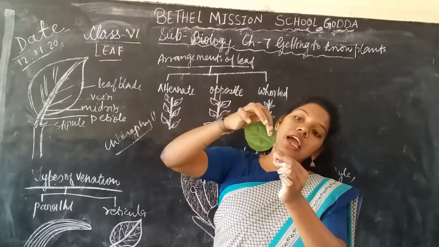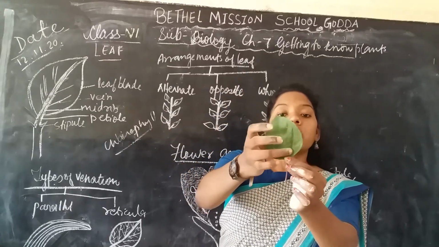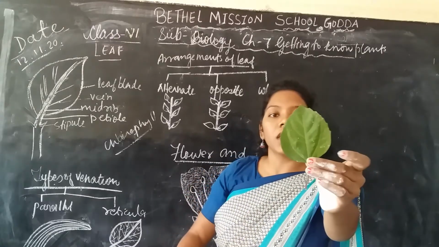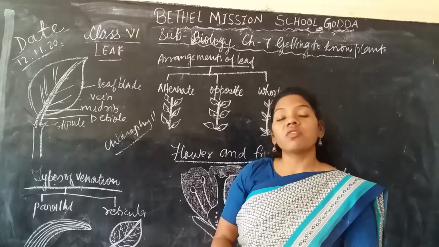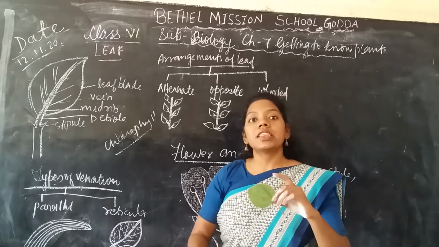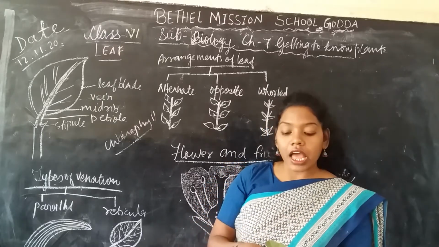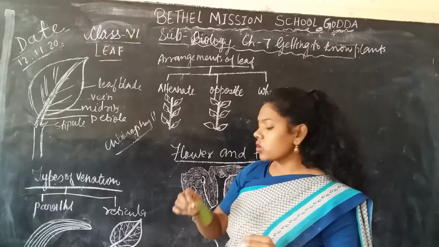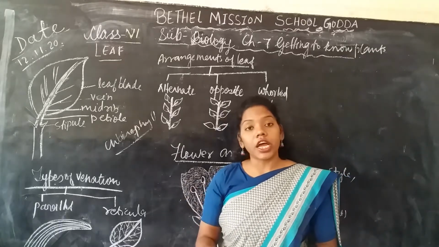And from inside the leaf you can see numerous veins and its branches very clearly. Okay, so this type of plant we can find in the dicot plant. That means the plant which has a seed with two cotyledons and has the taproot. So this type of reticulate venation we can find in the dicot plant.